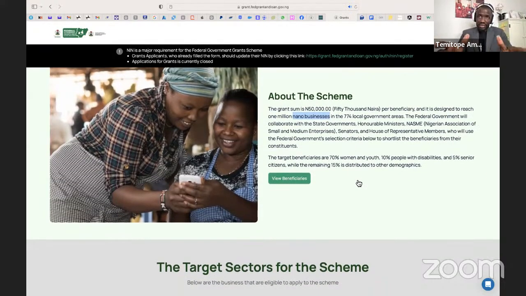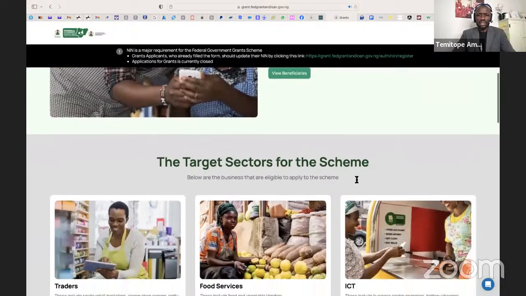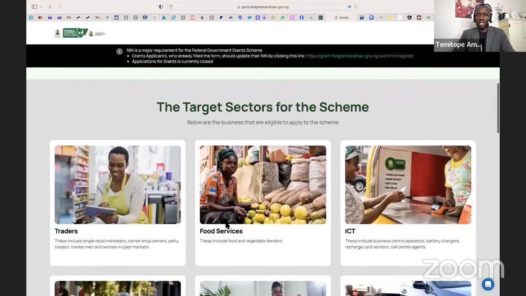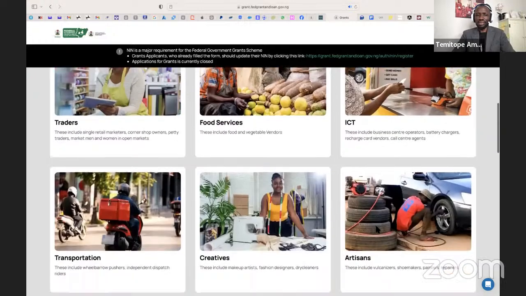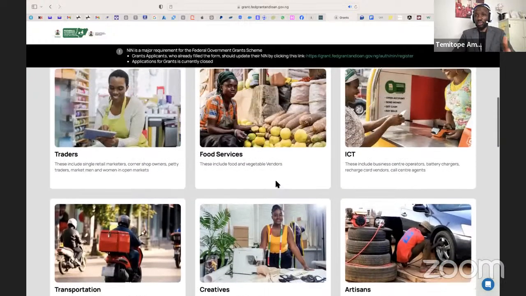So I'm picking this as an example. Like I said, the money may sound very small, but to some people or to some small businesses or nano businesses, it is not a small money. So the target sectors for the scheme are traders, food service, and ICT. Then take for example someone that